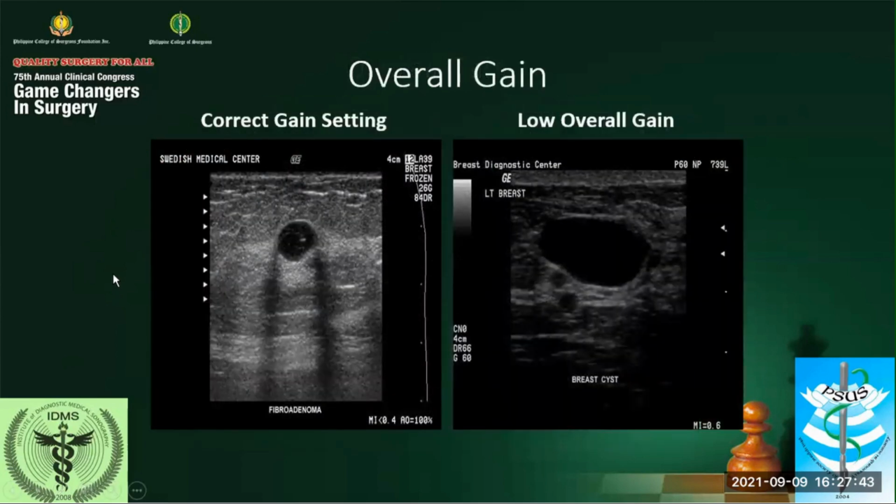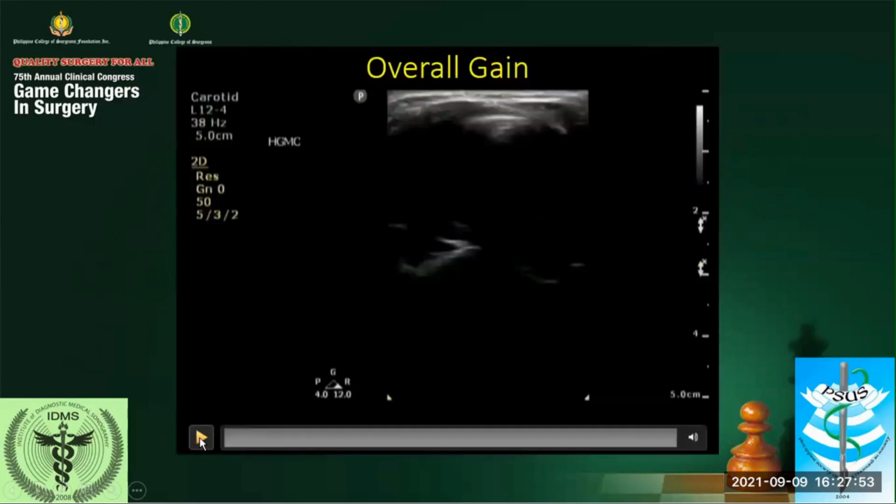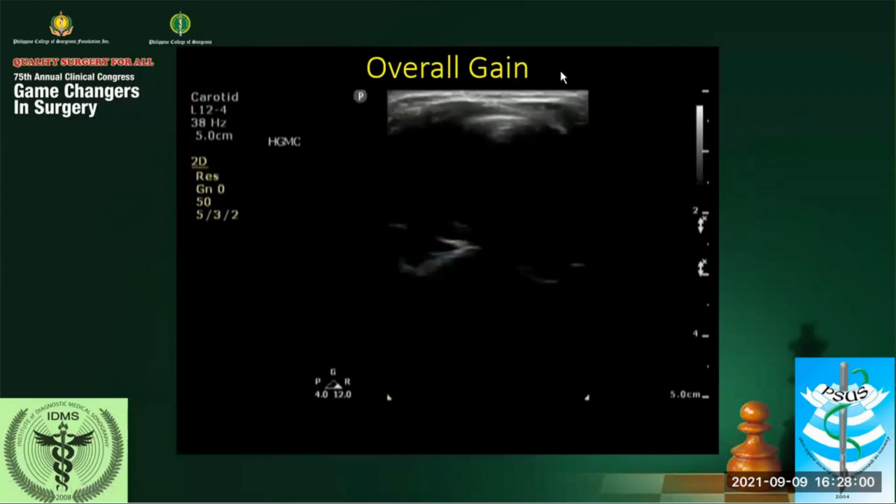So another example, high and low setting. I have a video. Before I start to play the video, please note that the gain setting is here, GN.